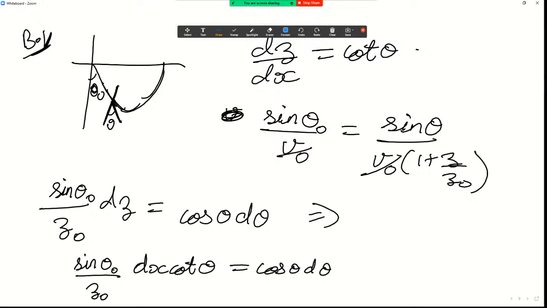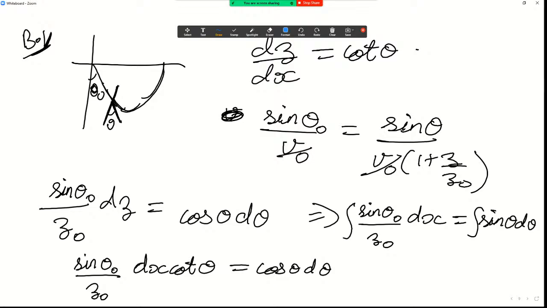Therefore, we can write this as sine theta naught by z naught times dx equals sine theta d theta. And then we can integrate it from x equals 0 where theta equals theta naught. Oh, I guess I messed up here. And then here it will be,